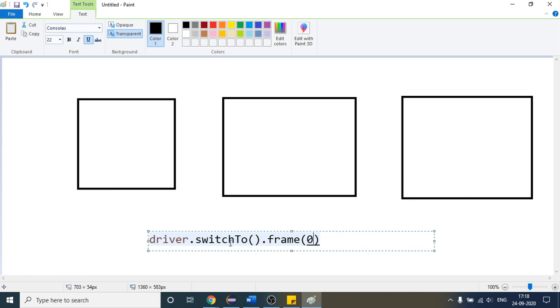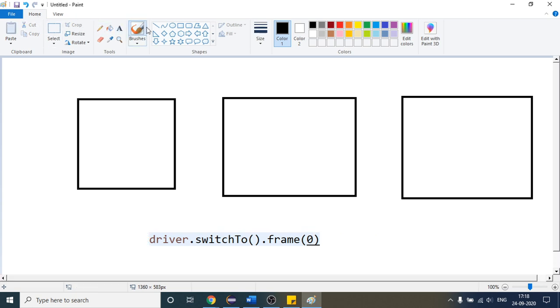By default it is saying that we have to switch to this first frame. Let me write it here as well. So the index of this is 0. So if I provide 0 here, it will switch to the first frame, which is this one. And suppose I write 1 here,